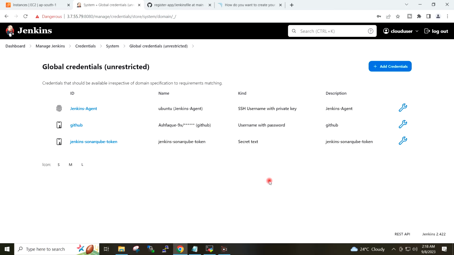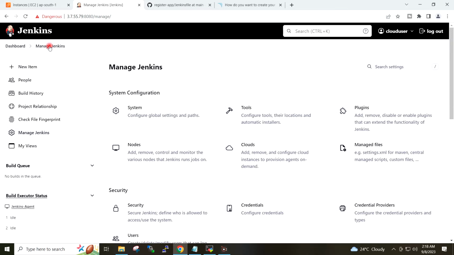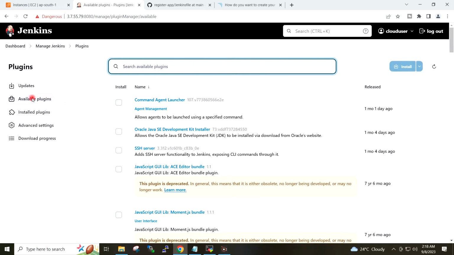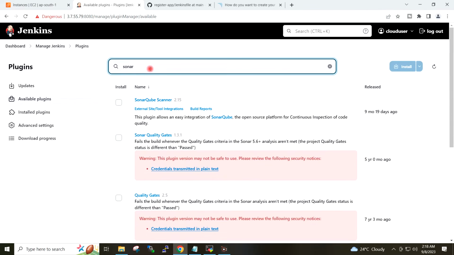Now I will install and configure the few plugins on the Jenkins. So I will go to manage Jenkins, plugins, available plugin, and I will search here Sonar.